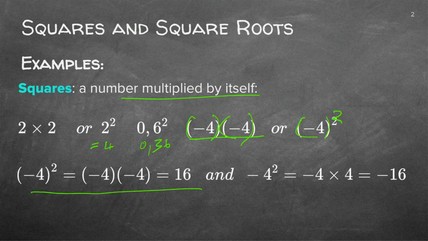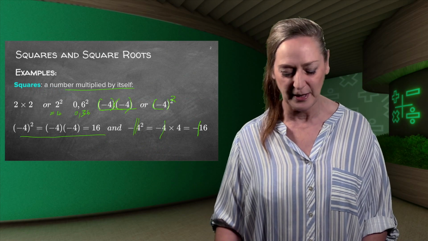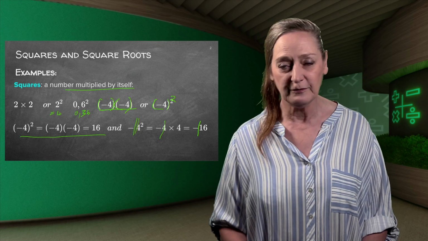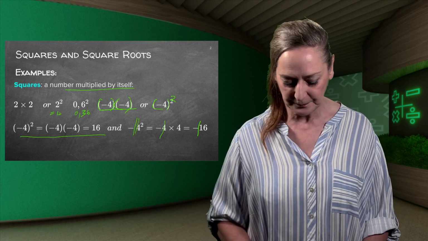This minus here is not in a bracket. It's literally separate from my square. So you are going to square your 4 times 4, but that minus goes to the answer. It's not part of the 4 inside a bracket. One day when you do graphs, you will understand this difference very well.